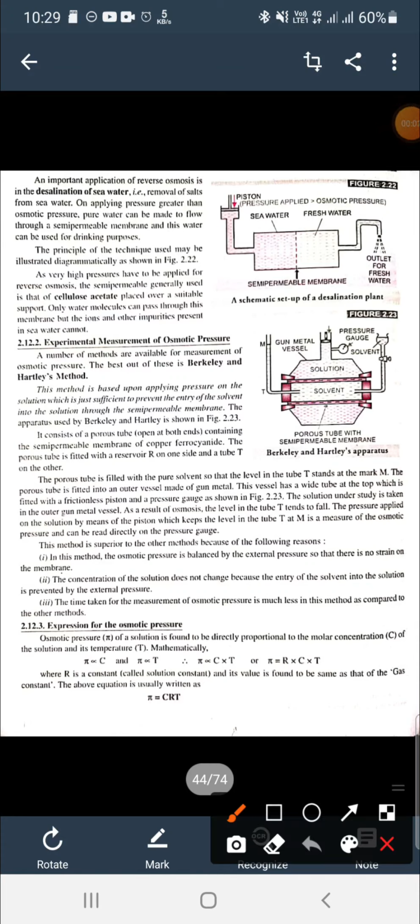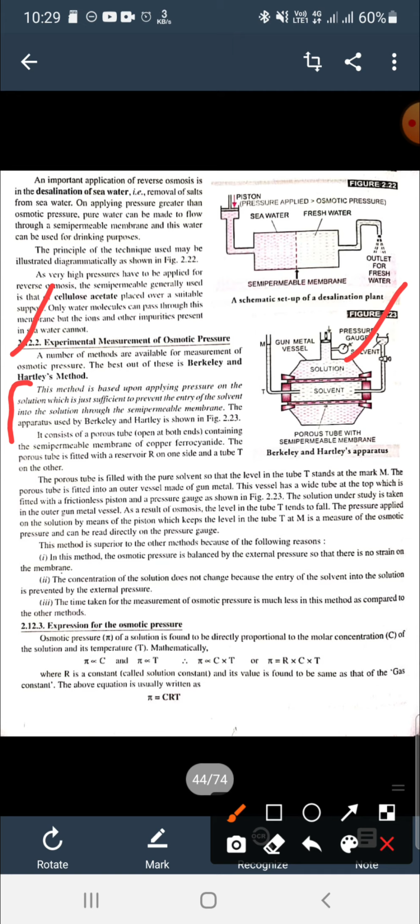Good morning, students. Our today's topic is experimental measurement of osmotic pressure. If we want to calculate osmotic pressure experimentally, we can use a method known as Berkeley and Hartley's method. This method is based upon the concept of osmotic pressure,